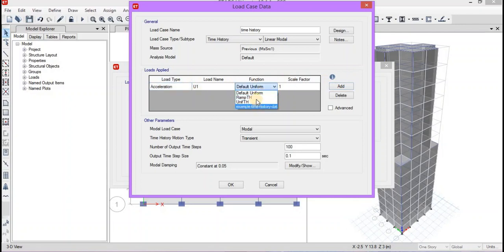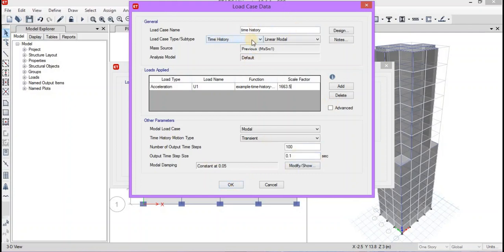We'll add here time history. Load name will be u1. Okay, time history scale factor we have calculated as Ig by 2R, 1663.5.